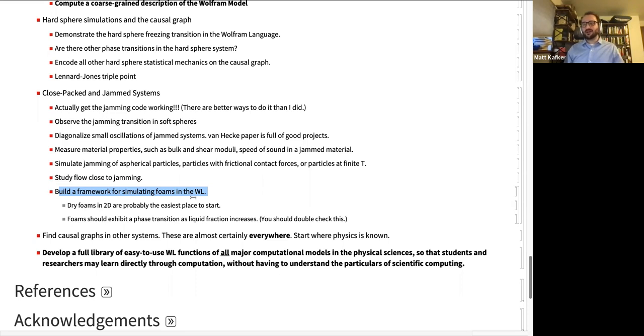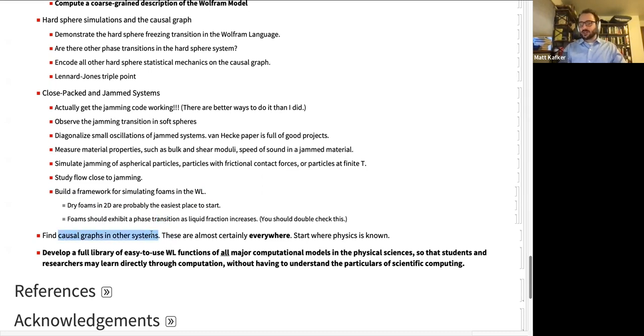And like that, I'm sure that's not exactly true, but my understanding is everybody points to the surface of all their code when they talk about it. So that should just be put into the Wolfram language. And then the foams have all this nice behavior, so that you can vary them as a function of fluid content, and they exhibit phase transitions and things.